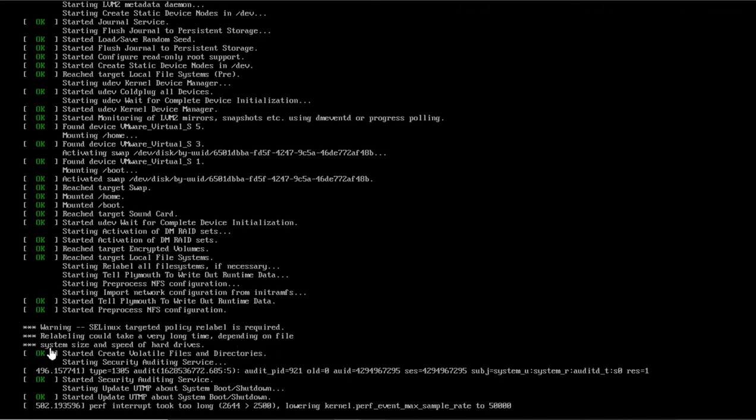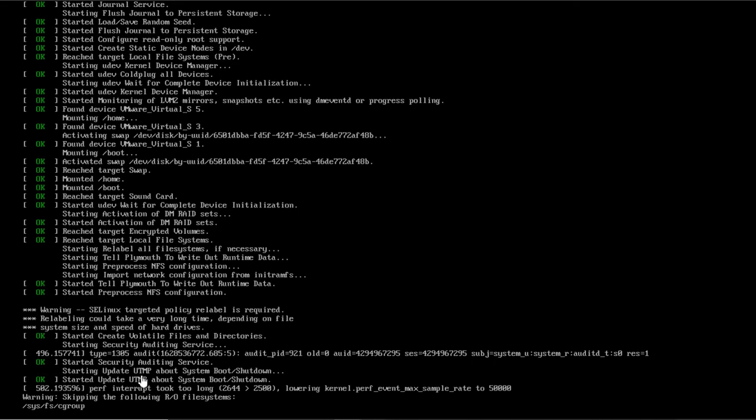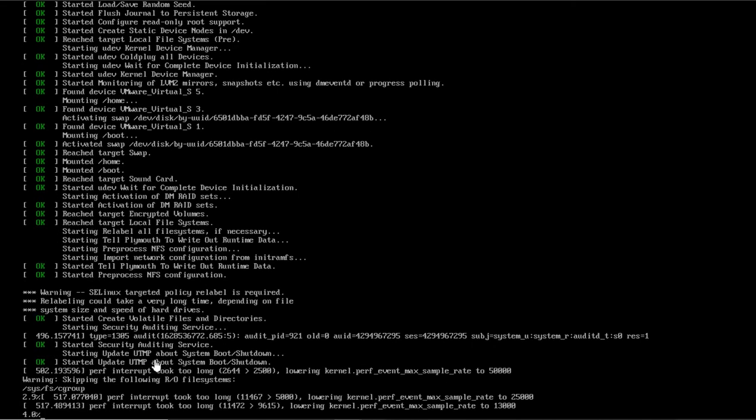It is relabeled very quickly, I think, because I don't have much file system available. We don't have much size here, so it is relabeling very quickly. It is doing it here, and we can see all these messages because we have removed the rhgb quiet option.